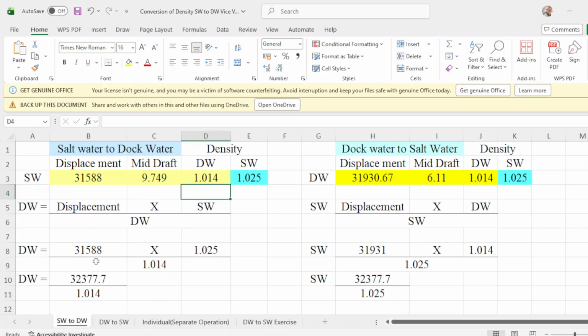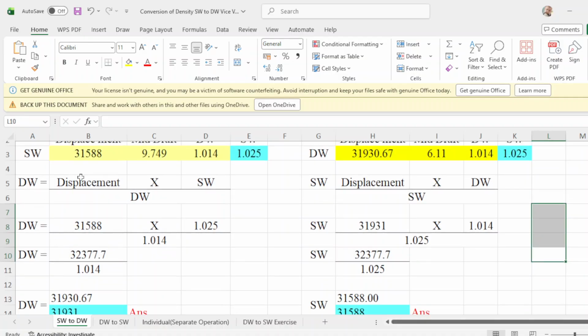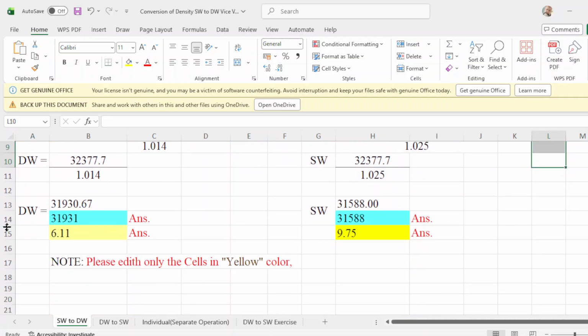To get the dock water displacement: displacement times salt water over dock water. So transposing, your displacement is 31588 times salt water 1.025 over your dock water of 1.014. Multiplied, that will be 32377.7 over your local density 1.014.